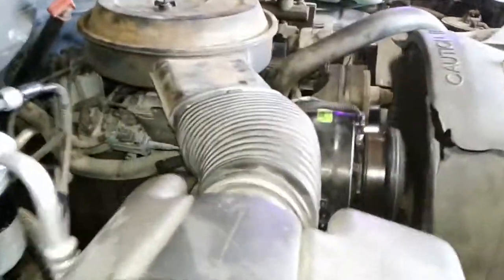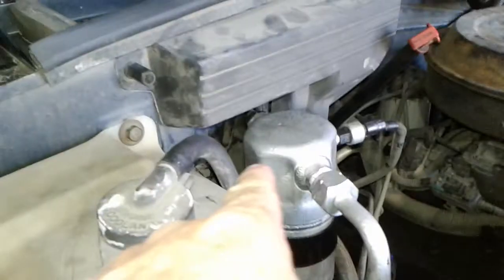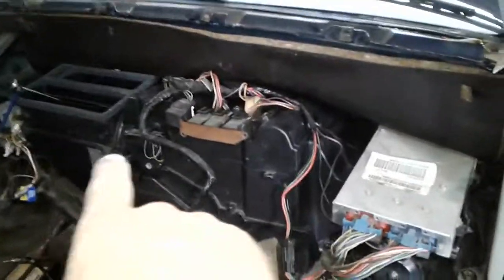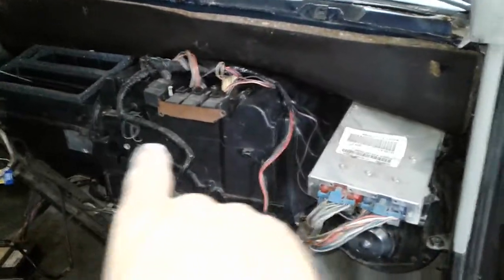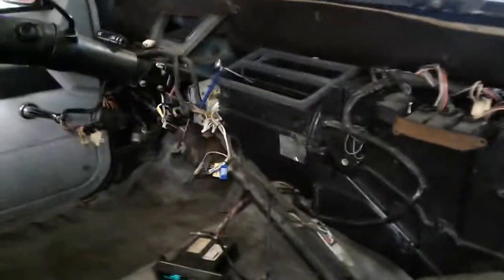I spent the day taking care of it and put my compressor back on. Part of the issue: I took the evaporator case out of the truck. Okay, all this stuff right here, the dash covers all this up for the people that don't know. What happened was that